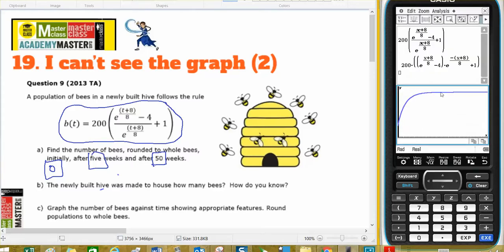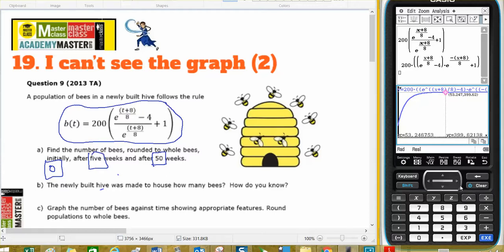I can see that this is becoming asymptotic, and I think this asymptote is approaching 400 because before it was 399. So if I do analysis trace, I can see that this is getting bigger and bigger and